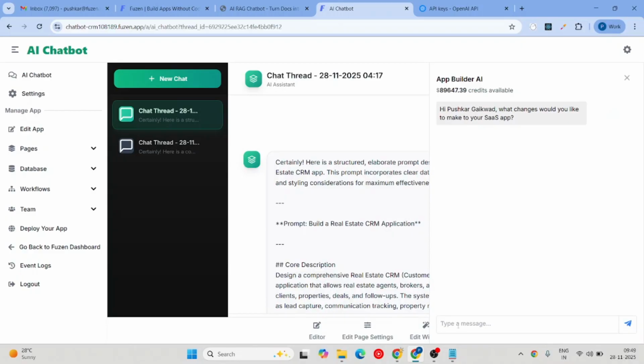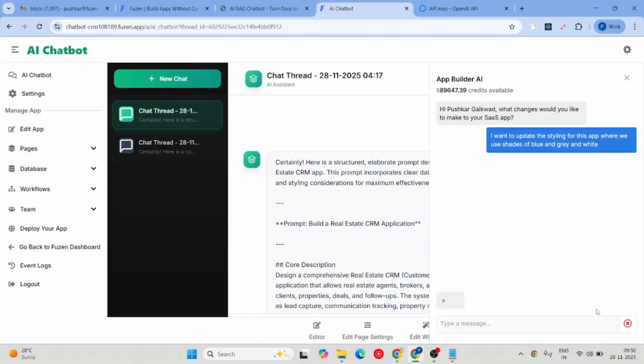So I'm just going to show you, just as an example, what you could do with this. So I'm going to say I want to update the styling for this app where we use shades of blue and gray and white. So I don't want to use these colors, the green and black colors, but I want to use